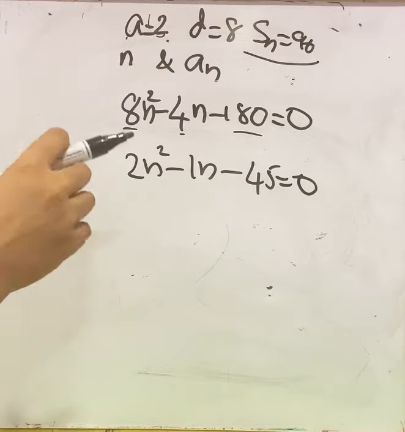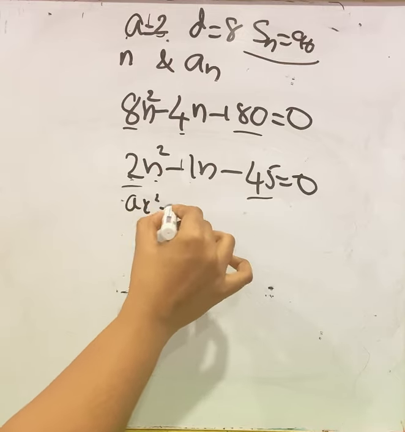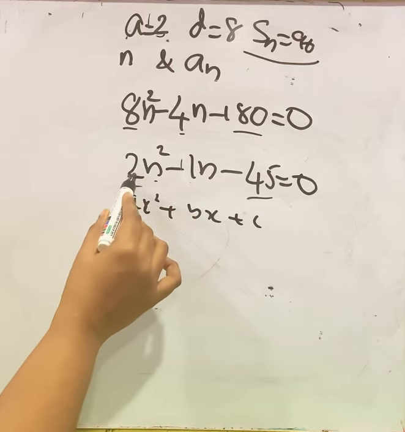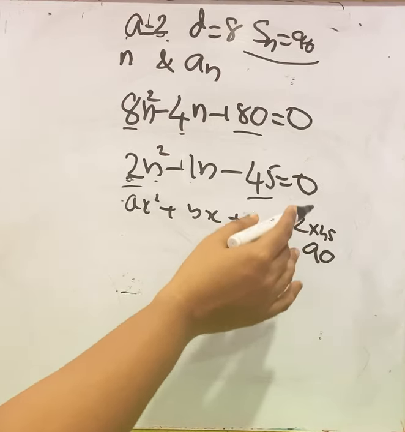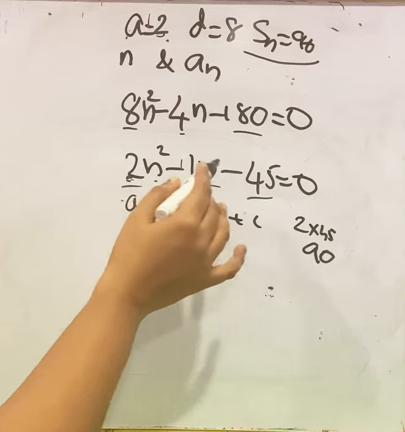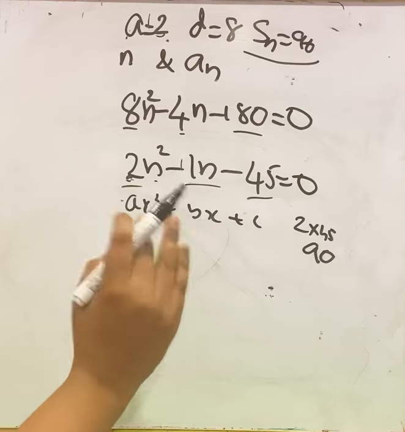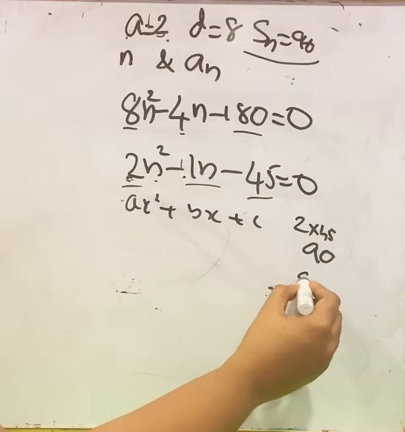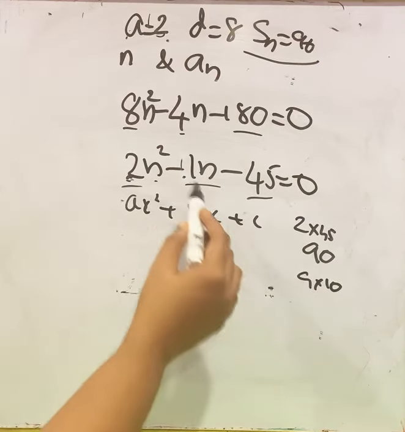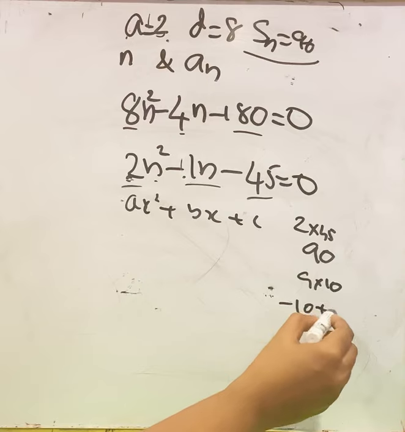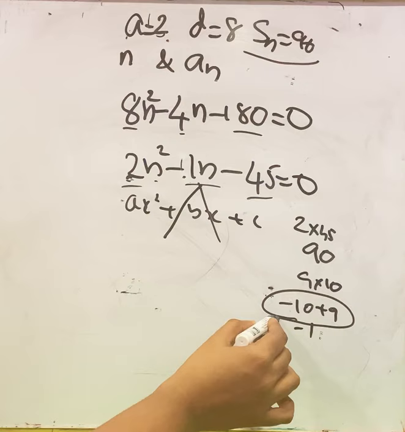Now from this you have to do the middle term splitting method. You have to consider a and c. This is actually ax square plus bx plus c form. A and c means 2 and 45. 2 into 45 is 90. Now check the factors of 90 which is matching with this term. 90, 1 into 90, 90. But after operating 1 and 90, you will never get 1. Now next, 9 into 10 is 90. Yes. Operating 9 and 10, you will get negative 1. How will you get negative 1? Negative 10 plus 9 is negative 1. So you have to split like that. Negative 10 and plus 9.